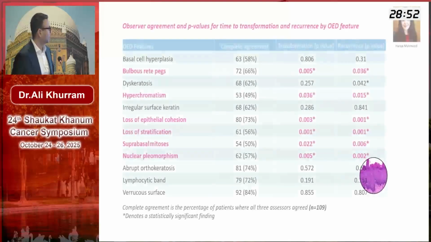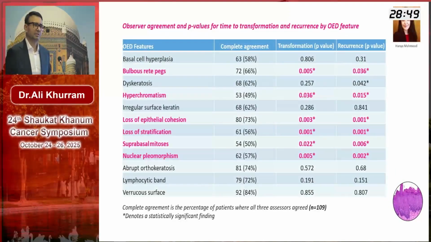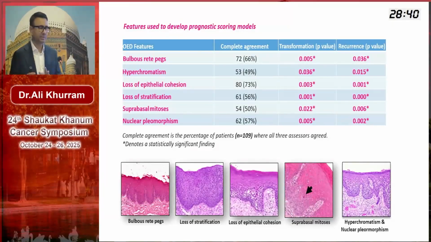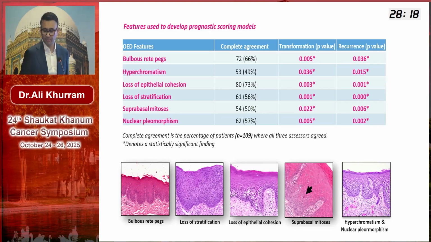So first of all, we wanted to see whether all of these features that the WHO prescribes, actually, are they all important or as important as each other? And what we found was that this was a cohort which was looked at independently by 3 pathologists. And these 6 features were the ones that kept coming up and were significantly correlated with transformation, so whether a dysplasia became cancerous, or recurrence. Now looking at them, they look fairly obvious. Okay, yeah, these should be related, but this work has never been done. So we wanted to start off by doing that to see what features we can use to train our AI models.